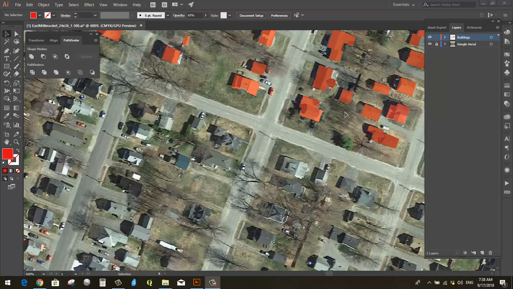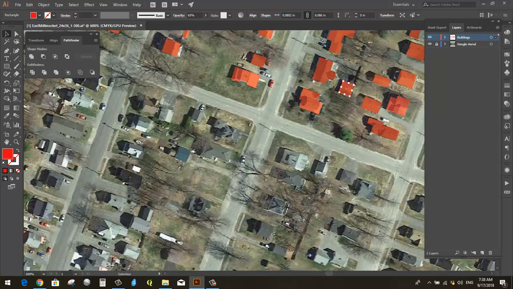What I tend to do is there's two ways to duplicate. Instead of getting the rectangle tool or hitting M and drawing new rectangles for every single building, and we don't want to use the pen tool and click the corners, it takes too long. What we do is we will select an existing building, and you can either copy it and paste it, or